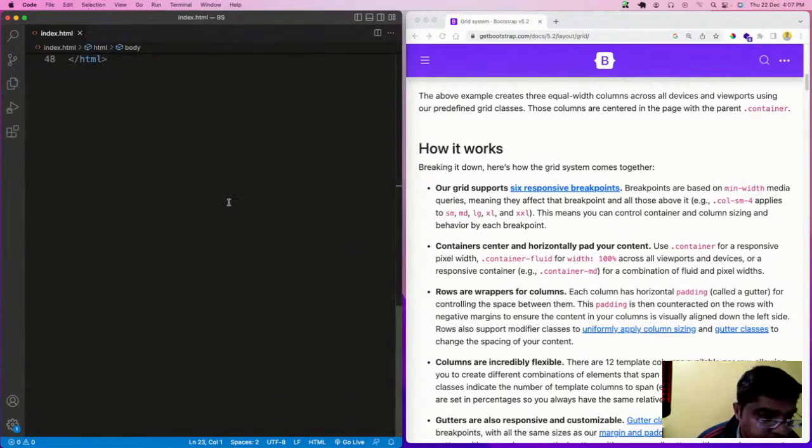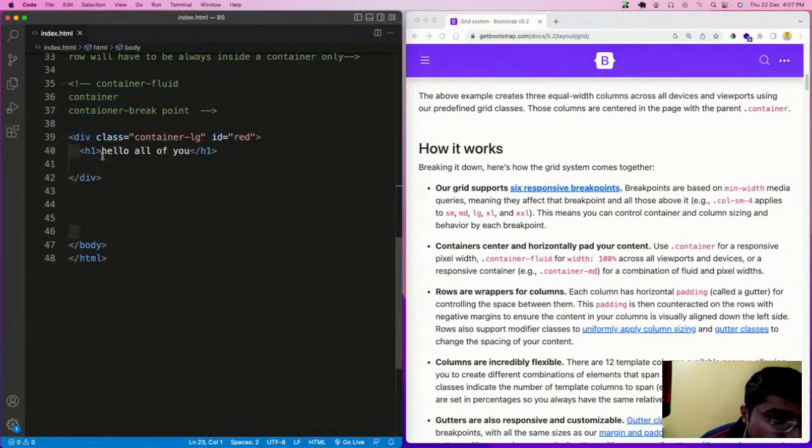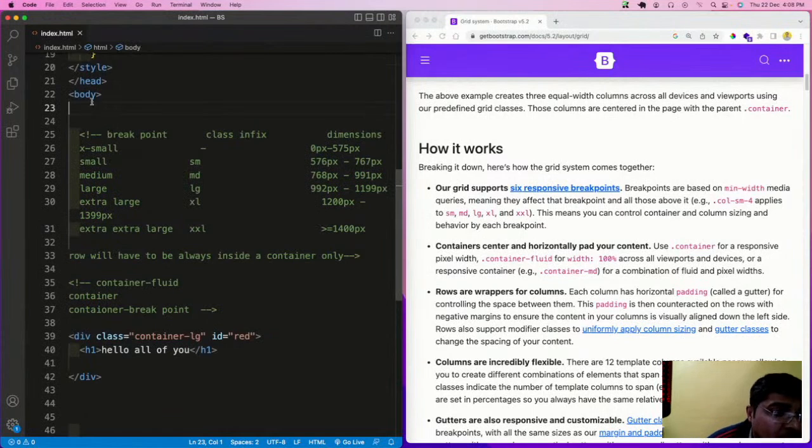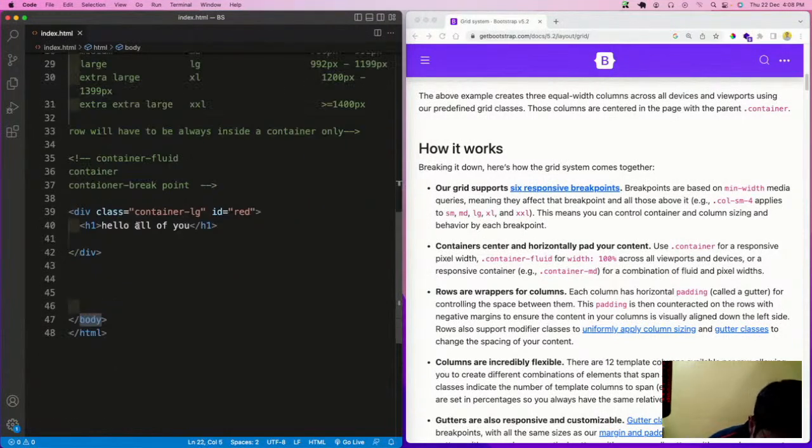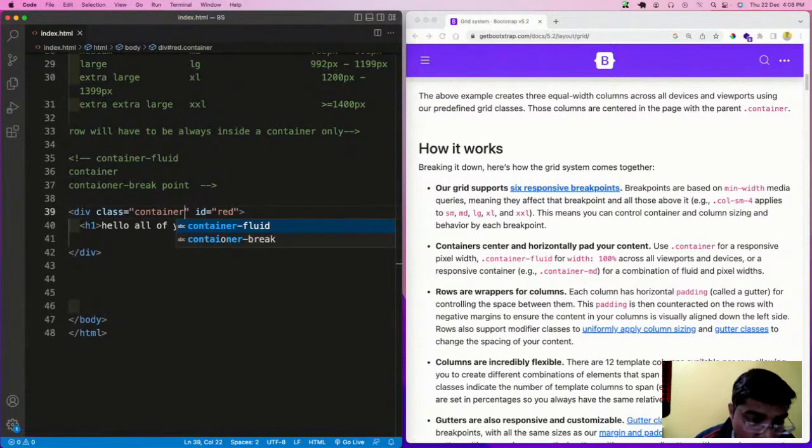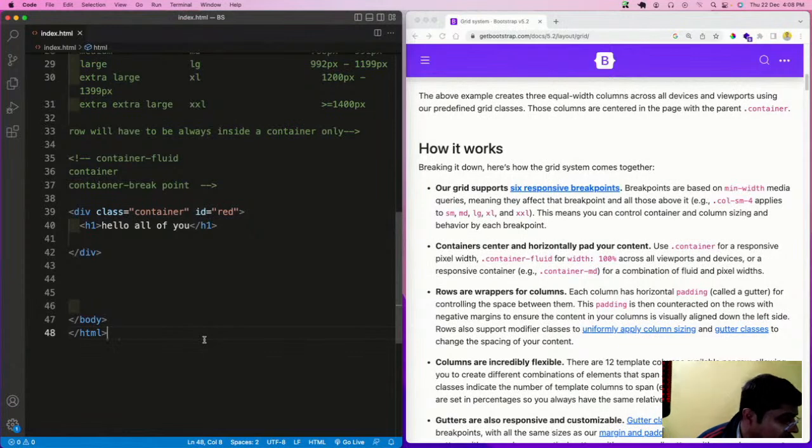Now, so the rule is that after body there has to be a div with the class container. Okay, so there is a div with the class container we have with us. Now after that let us have